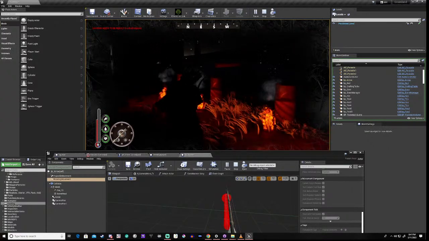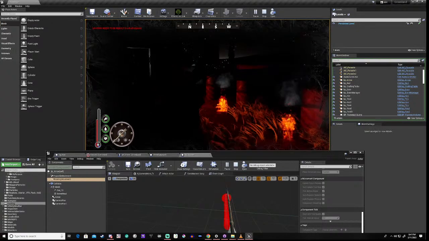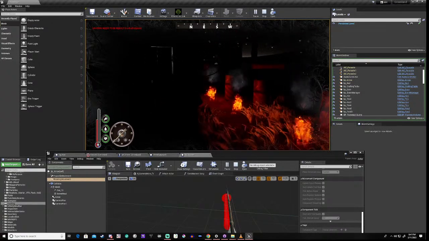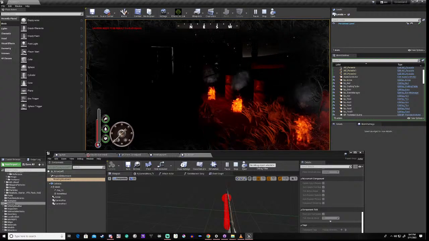And that fire cost me all afternoon with that sodden light. But yeah, it's beginning to look good. That smoke needs to come down a bit, but other than that,